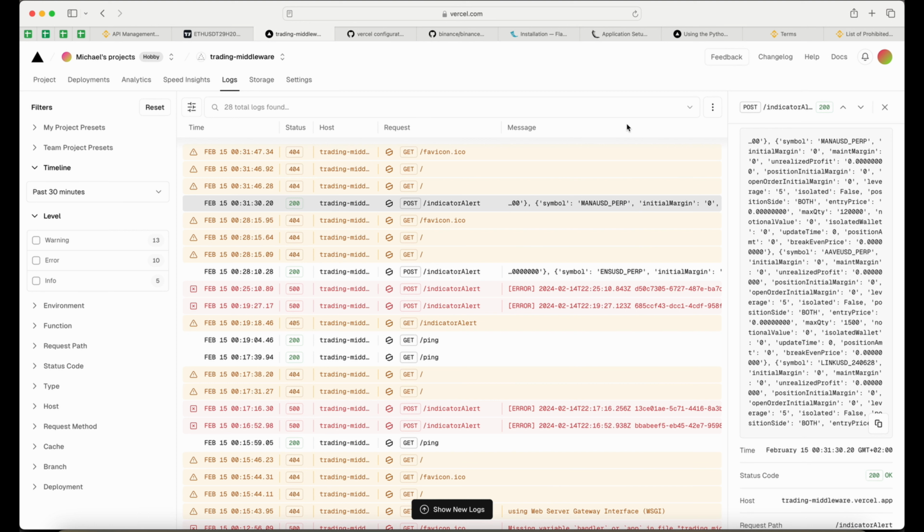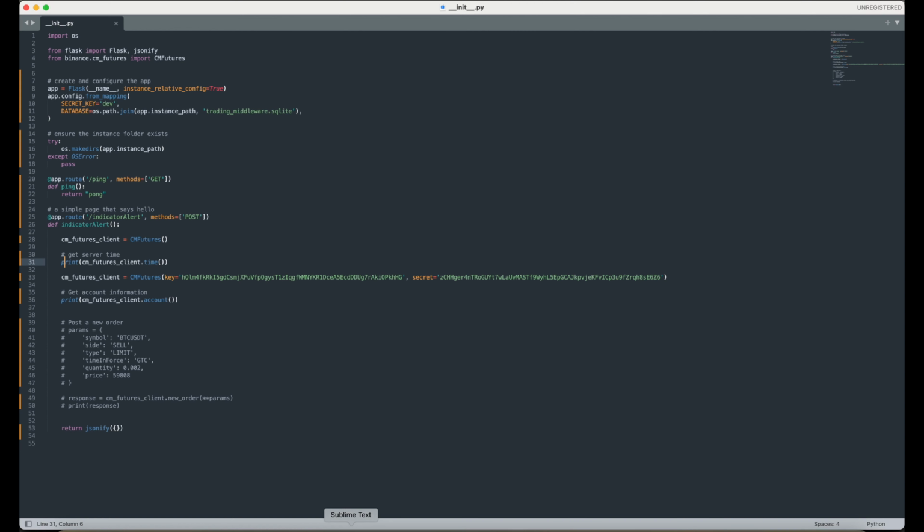So we successfully deployed our application to Vercel. Our API endpoint is working. We are able to access Binance API from there, and we are getting responses from Binance. So the next step, what we will do, we will remove key and secret from here, and we will move it to, I guess it was in settings,